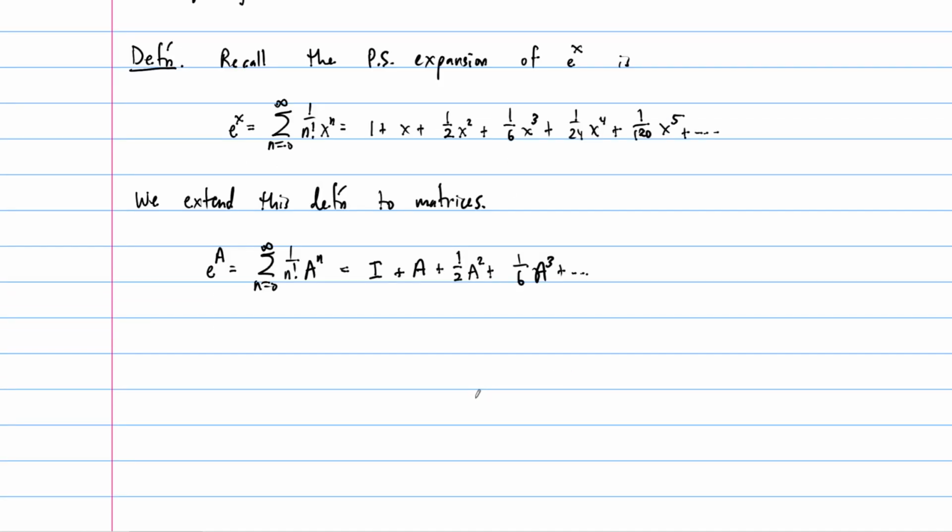And we can ask if that converges or not. Obviously it will converge if every component converges. So it's component-wise convergence, because that's how addition is defined, component-wise addition. All right. The key thing here, though, is that if A is diagonalizable,